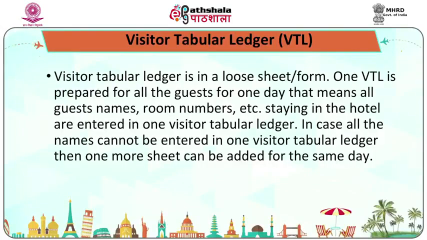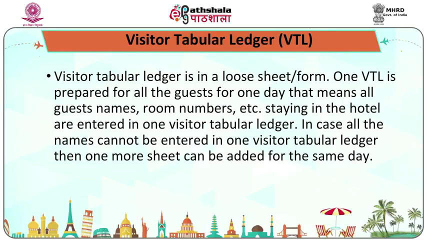Next important part in accounting is Visitor's Tabular Ledger, that is VTL. A Visitor's Tabular Ledger is in a loose sheet form. One VTL is prepared for all the guests for one day. That means all guest names, room numbers, etc. staying in the hotel are entered in one Visitor's Tabular Ledger. In case all the names cannot be entered in one Visitor's Tabular Ledger, then one more sheet can be added